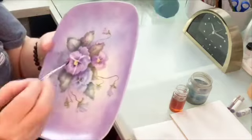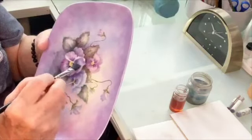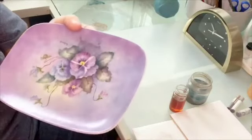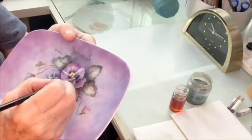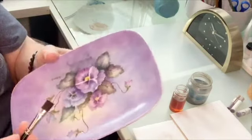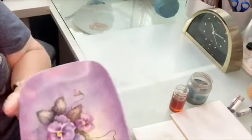A little more pansy purple, you're going to move up. You're going to do these on this side. You're going to do these on this side if you think they need it. It's entirely up to you whether or not you think this needs to be much darker. And then